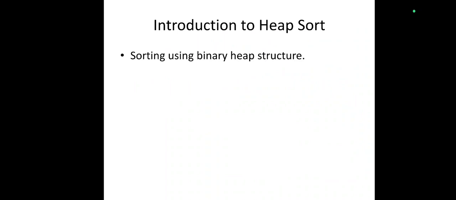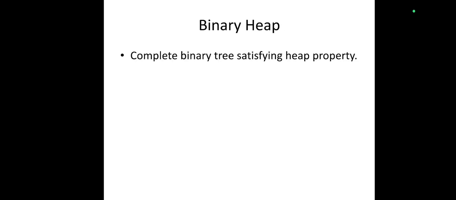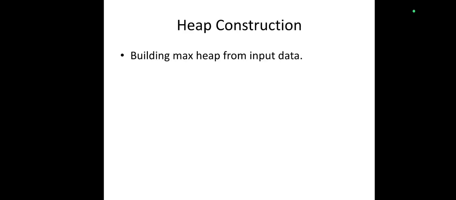Introduction to heap sort. Heap sort is a comparison based sorting algorithm that uses a binary heap data structure. What is a heap? A heap is a complete binary tree that satisfies the heap property. In a max heap, the parent node is always greater than its children. Working principle: build a max